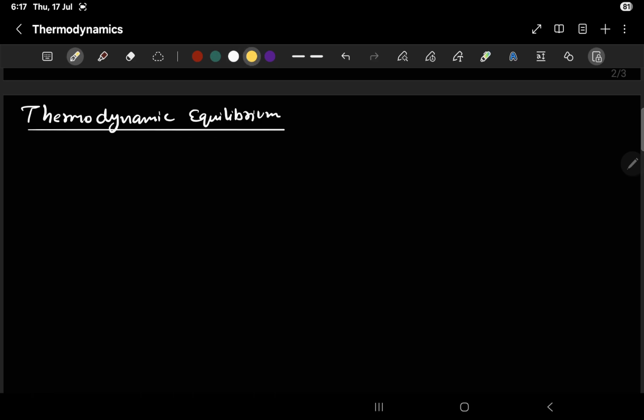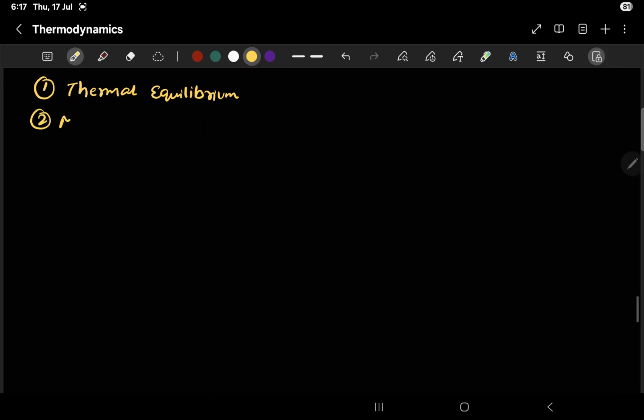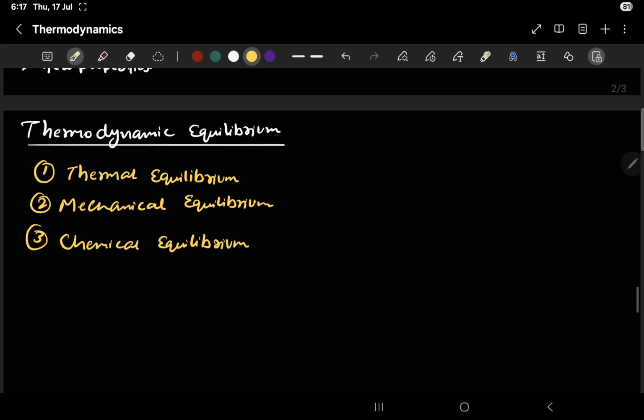Thermodynamic equilibrium. A system is said to attain a state of thermodynamic equilibrium if it follows three types of equilibrium state. The first one is thermal equilibrium. The second is mechanical equilibrium. And the third is chemical equilibrium. Only if all these three equilibriums are satisfied can the system be said to be in